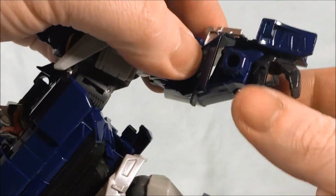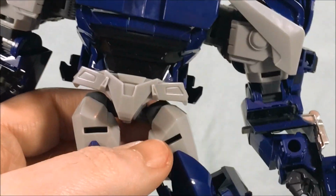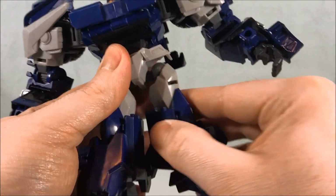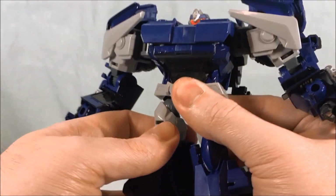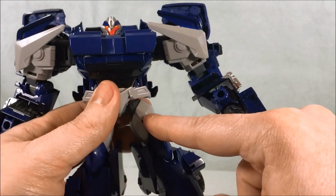And then the hand is molded in, and I showed you how that moves around. So that's a little weird. You do have some waist swivel there. You do have hips. Now, my hips are kind of loose, but the thigh swivels are a little tight. It was one of those deals where I had to move them the first time, and now they're okay. But I actually had to pop